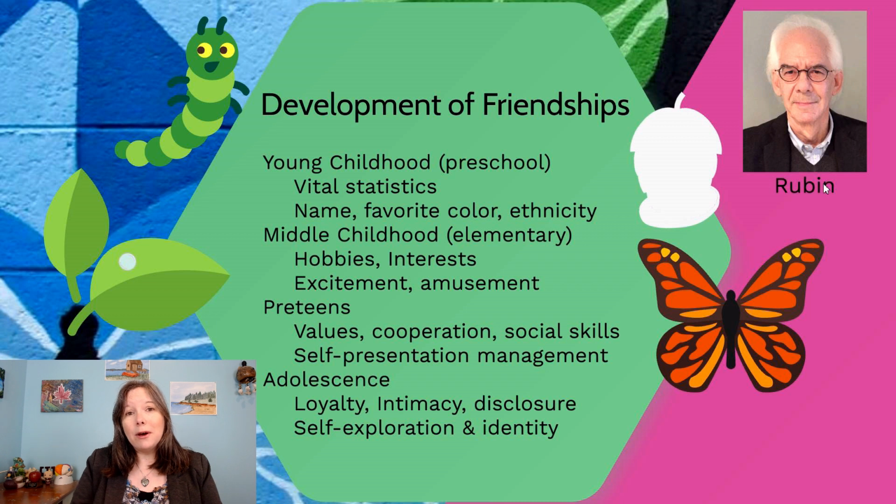As we move on to about ages 7 or 8 and in the middle elementary years, we tend to find that in middle childhood, kids tend to look for other kids who have similar hobbies. This is the idea that a child who likes reading and video games may not be driven to be friends with a kid who likes skateboarding and sports.